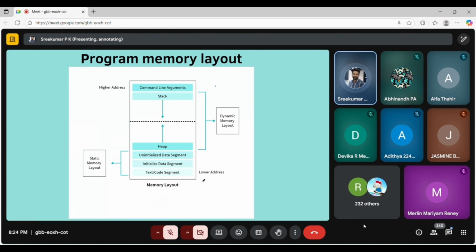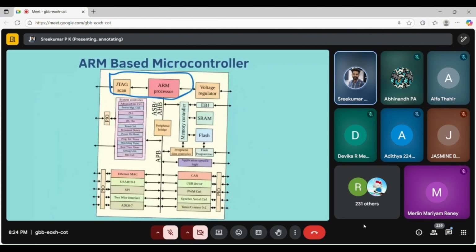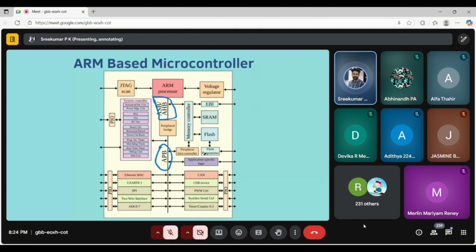So we have two memories, right? I have to go back to the slide, please. One is SRAM, static random access memory, which is volatile. And we have flash memory, which is a permanent memory, just like EEPROM, ROM, something like that, which is permanent, volatile and non-volatile memory.